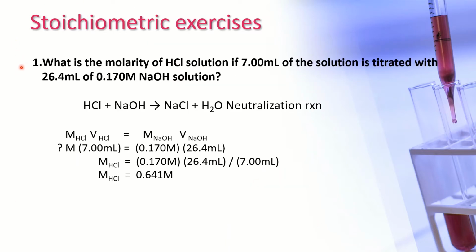Now let us go to simple stoichiometric exercises. Number 1, what is the molarity of an HCl solution if 7 ml of the solution is titrated with 26.4 ml of 0.17 m sodium hydroxide solution? HCl plus NaOH to produce NaCl plus water is what we call a neutralization reaction. Before solving, we have to check whether the equation is balanced. This is already balanced. So to solve for the concentration of HCl, MV of HCl is equal to MV of NaOH. Substitute the values. The concentration of HCl is equal to